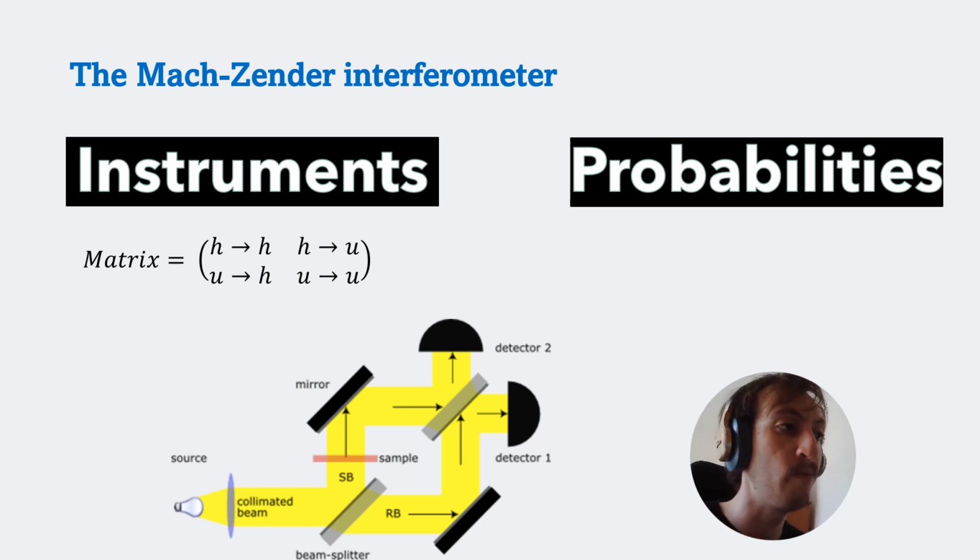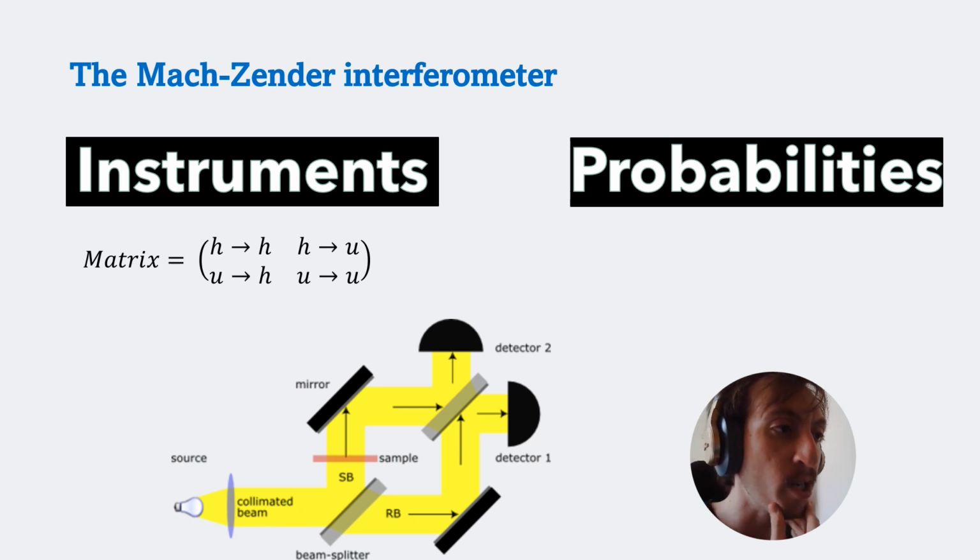Our objects, our beam splitters and our mirrors, are going to take the state of the photon and turn it into a different state because they're going to affect the direction the photon is travelling. And therefore they're going to turn one state vector with two entries into another state vector with two entries. And the thing that can do that is a 2x2 matrix. So for our Mach-Zehnder interferometer we'll represent all the things that our photon interacts with via 2x2 matrices.